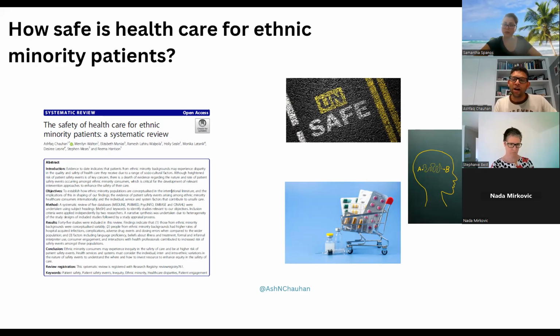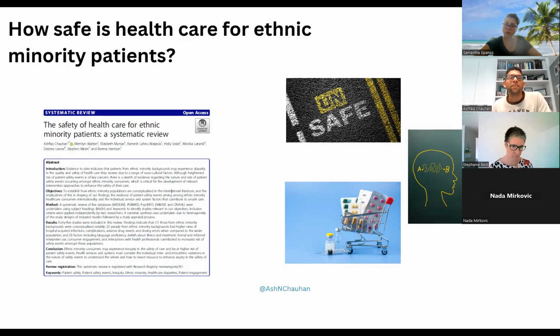synthesis around what types of safety events people from CALD backgrounds experience when accessing healthcare, and what factors could impact or increase vulnerability for people from CALD backgrounds experiencing healthcare.